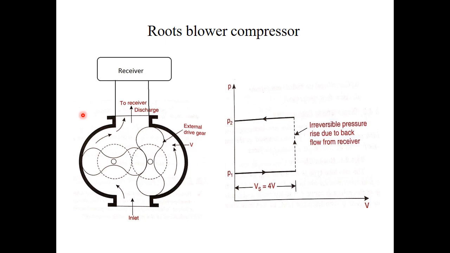Blowers are used for supplying a large quantity of air at comparatively low pressure. The Roots blower is a low pressure blower and is limited to a delivery pressure of 1 bar in a single stage design and up to 2 bar in a 2-stage design. Its discharge capacity is limited to 1500 meter cube per minute and it can run up to 7000 rpm.